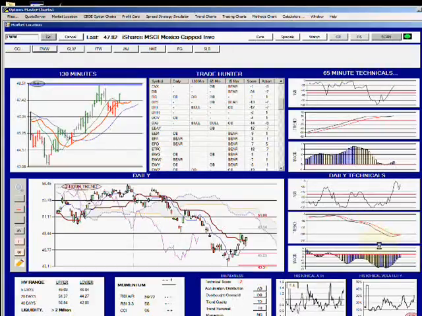It doesn't mean we have to make the decision from this screen, but this screen and the Trade Hunter give us a way to analyze hundreds of stocks at one time very quickly to see which candidates are looking the best for the day. And of the 8, EWW looks the best. We just looked at them very quickly. And there are a few that maybe you wouldn't want to